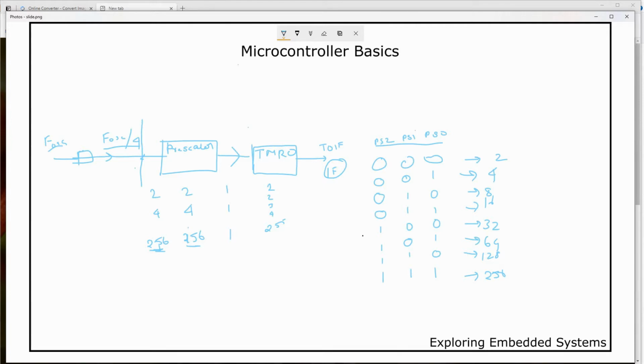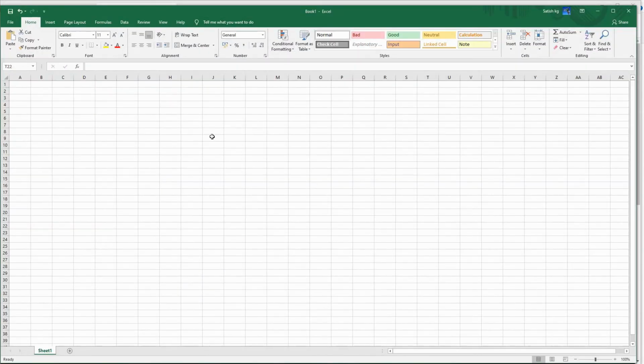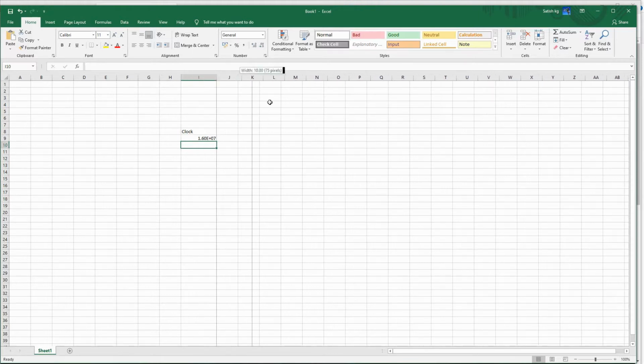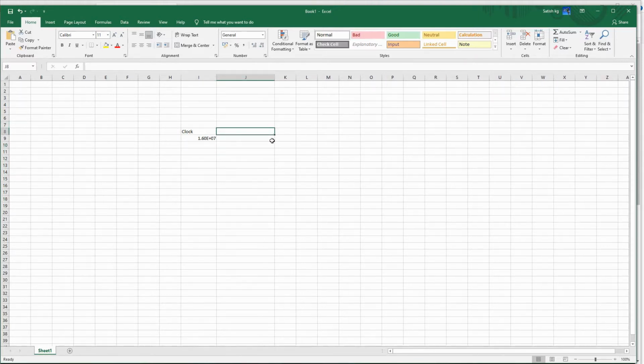Let me open Excel and let's do it there. Okay, now we have the clock that we have set to 16 mega, 16e6. Then this instruction cycle is this divided by 4, and then the prescaler, whose minimum is 2.